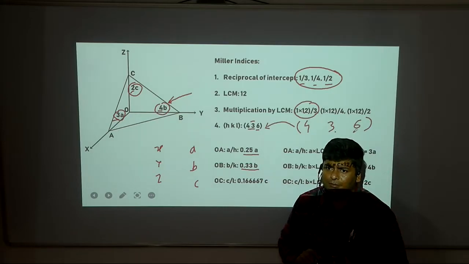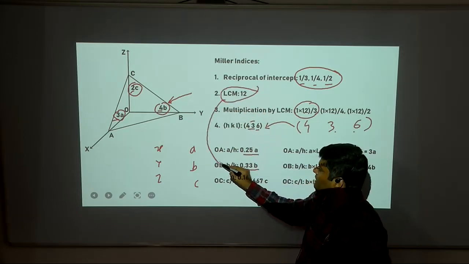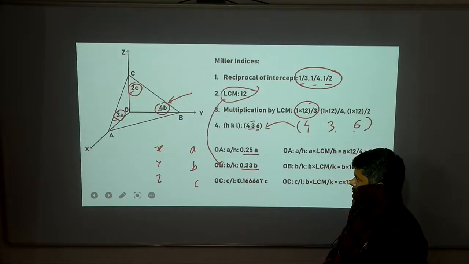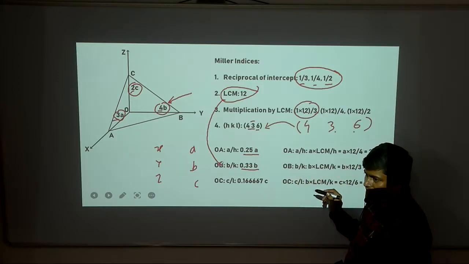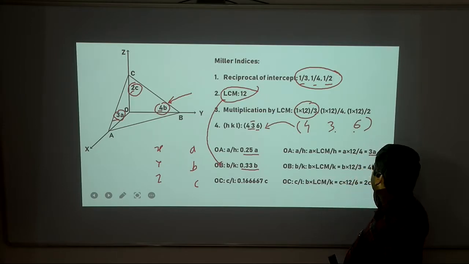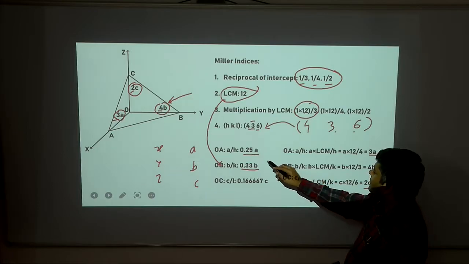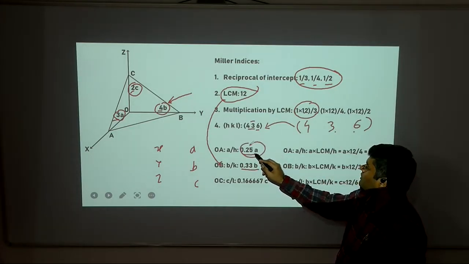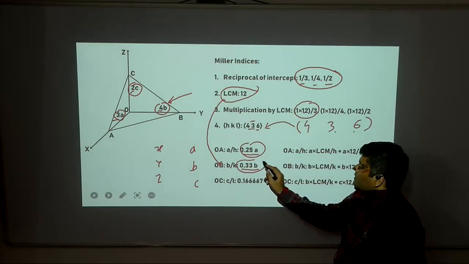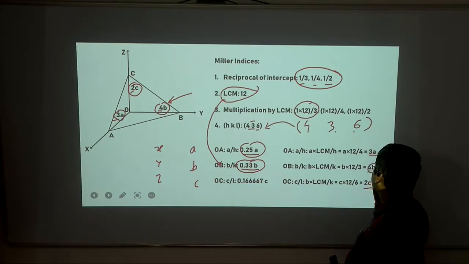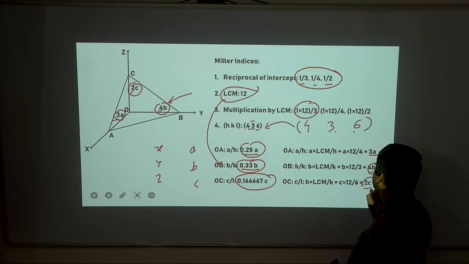And what is the missing term over here is the least common multiplier that we have not included in this case. If we put the least common multiplier over here, we will get the integers 3a, 4b, 2c. How does it become that? If we multiply 12 by 0.25a, it will become 3a. If we multiply 12 by this number, it will become 4b, and if we multiply 12 by this number, it will become 2c.